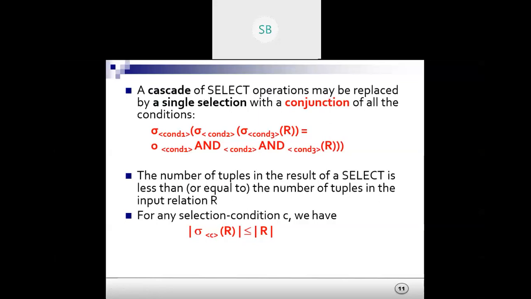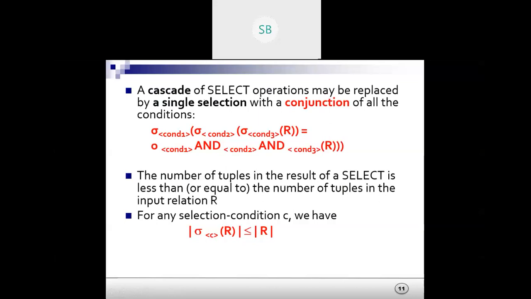Then the number of tuples in the result of a select is less than or equal to the number of tuples in the input relation R. In a relation there are many rows. So what does the select do? It will only display those rows that satisfy the condition.